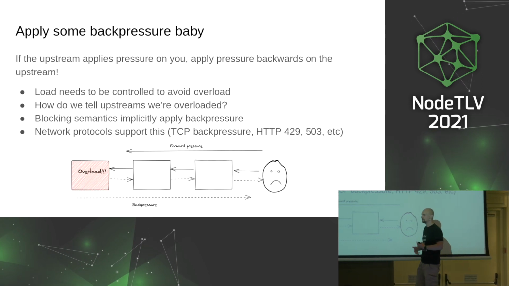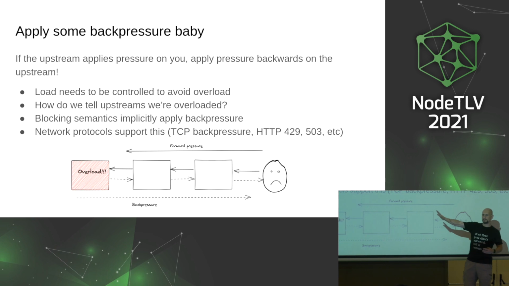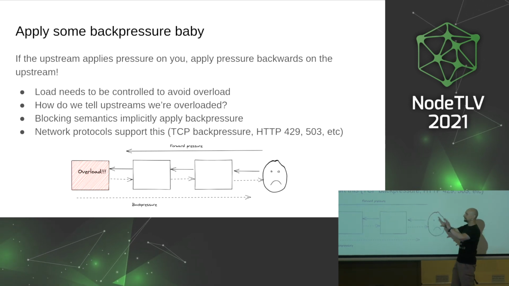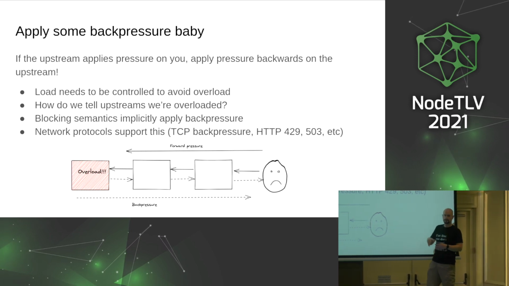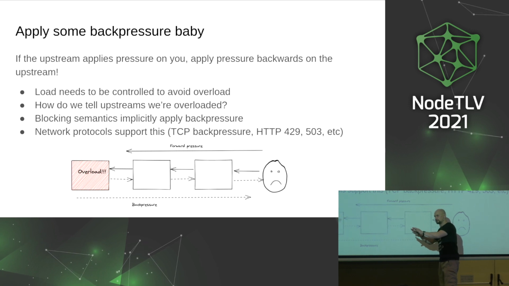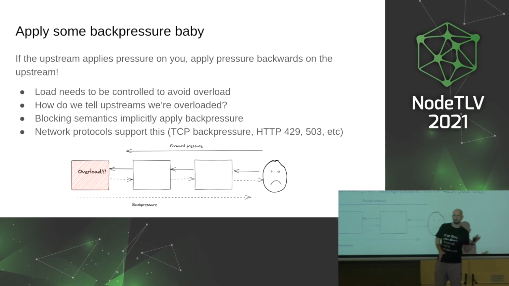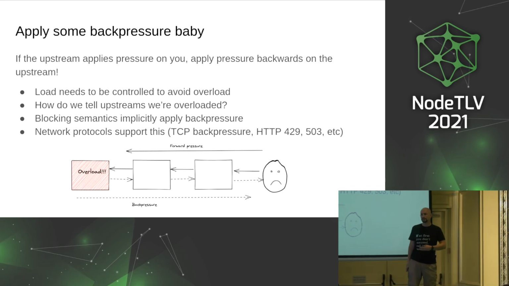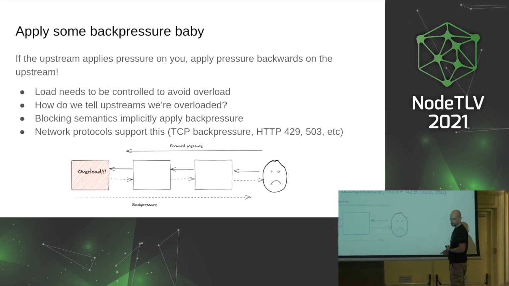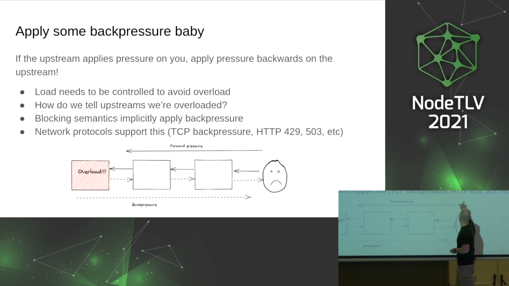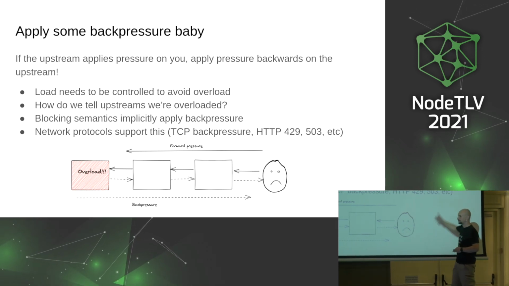And of course, backpressure. So what is backpressure? Basically, the load that's coming in, that's forward pressure. And then internally, you have something that's going to be overloaded. Maybe the database, maybe the event loop, doesn't matter. You somehow need to propagate back this message and say to the load balancer or the web server, stop sending traffic, I'm overloaded. And then the client would also get this message from the load balancer saying, stop sending traffic, I'm overloaded. So you have to propagate back the pressure. This is why it's called backpressure.